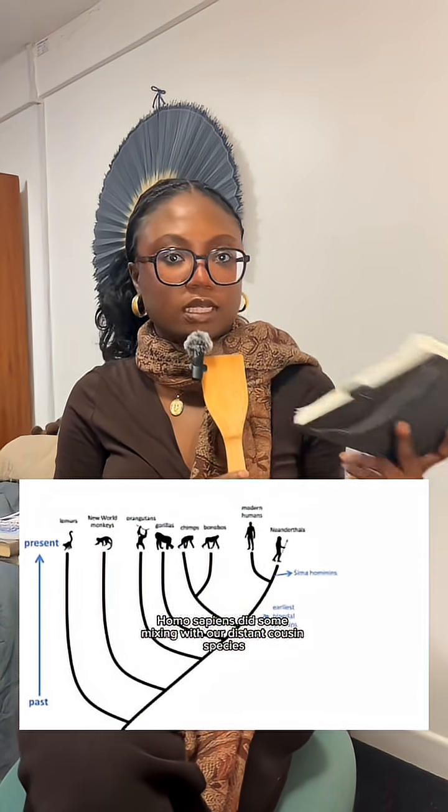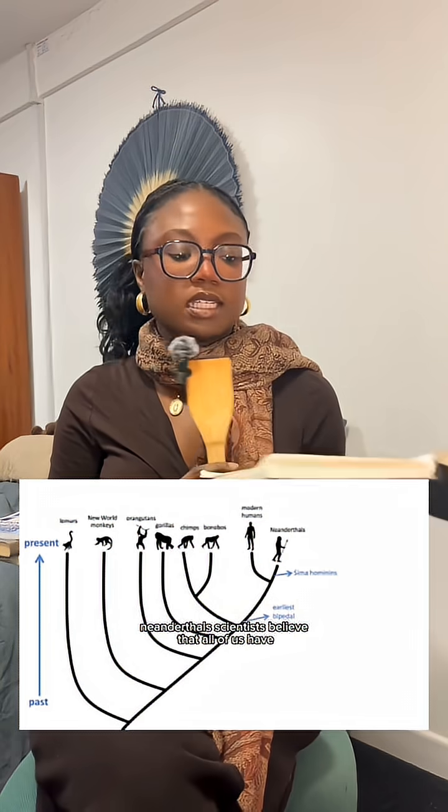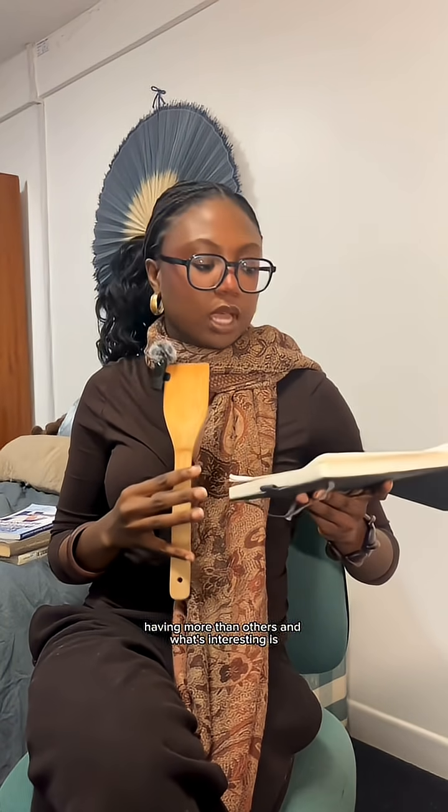Over time, it is believed that us, Homo sapiens, did some mixing with our distant cousin species, Neanderthals. Scientists believe that all of us have at least a little bit of Neanderthal DNA, with some people from specific parts of the earth having more than others. And what's interesting is scientists were fairly unsure about how we as Homo sapiens interacted with Neanderthals millions of years ago to kind of